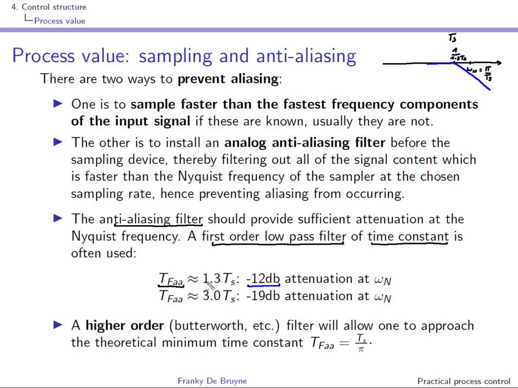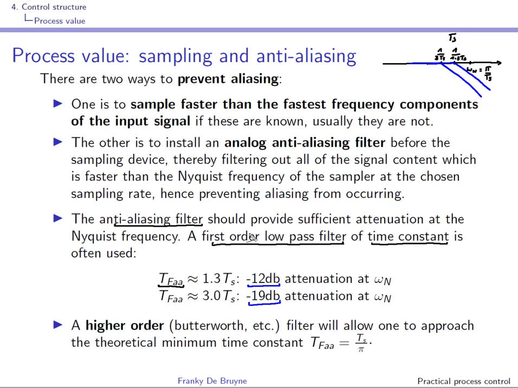frequency. If you take a time constant that is slightly higher, then you will be even more to the left, right? So you'll have 1 over 3 TS as cutoff frequency, right? And we'll now have this behavior over here. This is just indicative, of course, and you can see that at the Nyquist frequency you'll have even more attenuation, and if you look at it, well, it will be minus 90 dB at the Nyquist